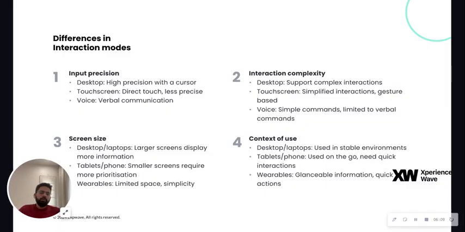So, what could be the differences in interaction modes? First, if we start looking at the aspect of input precision, then with respect to desktop computers, the interaction mode is keyboard and mouse. So you will be able to have high precision over here with a cursor, whereas if it's the touch screen with respect to say tablets or phones, then you will be able to directly touch and interact with them, so the input precision is a lot lesser than that of the mouse,